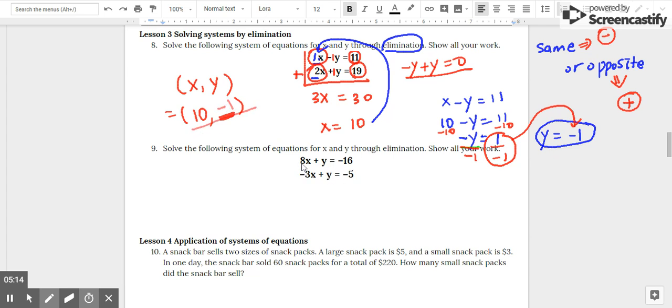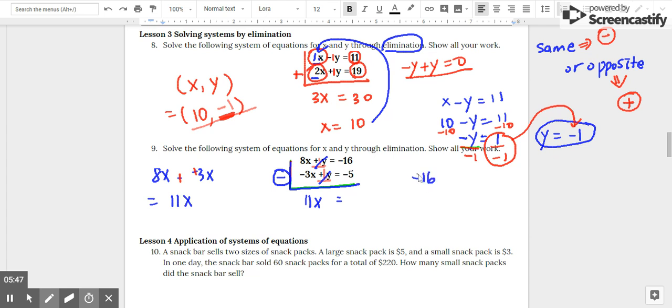And then the next one, if you look at the coefficient of y, you see positive 1 and positive 1. How do we get rid of y? You can subtract so that you get rid of these, right? So now let's do 8x minus negative 3x. 8x minus negative 3x, you do keep change. So it's going to be 11x,